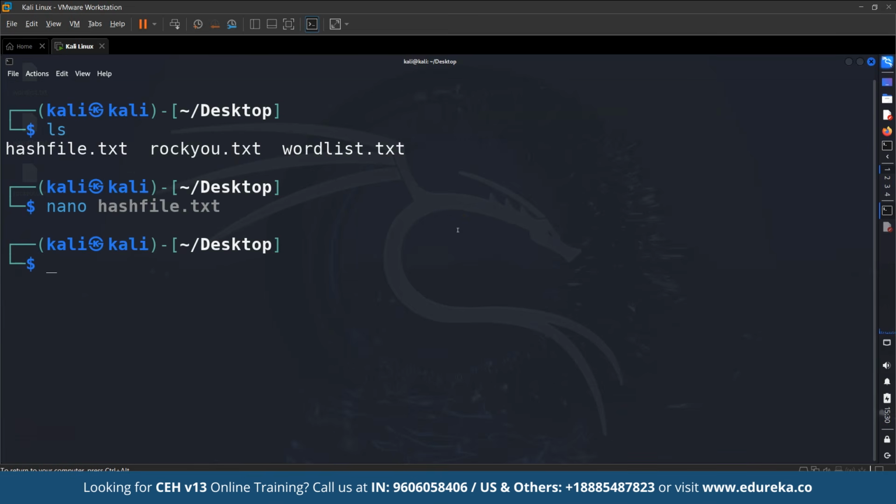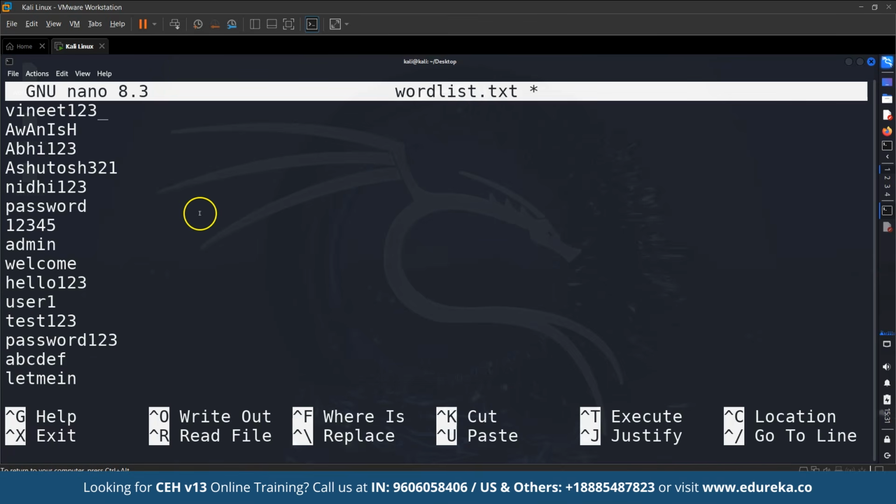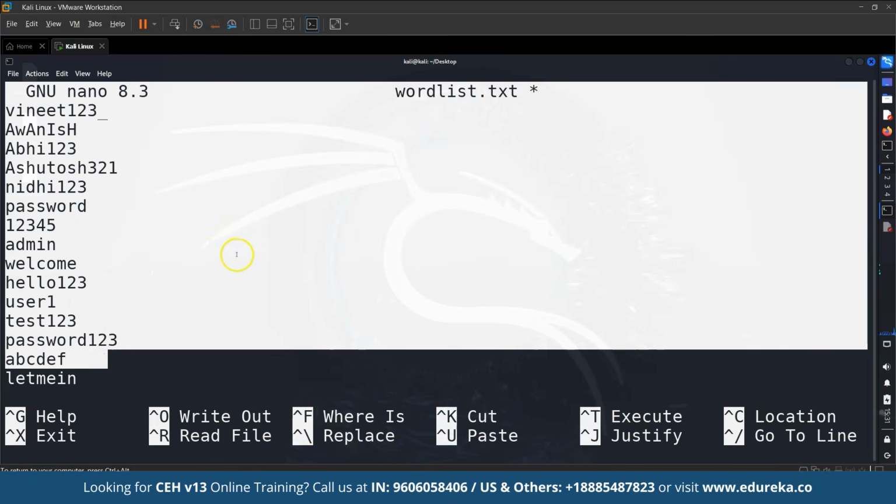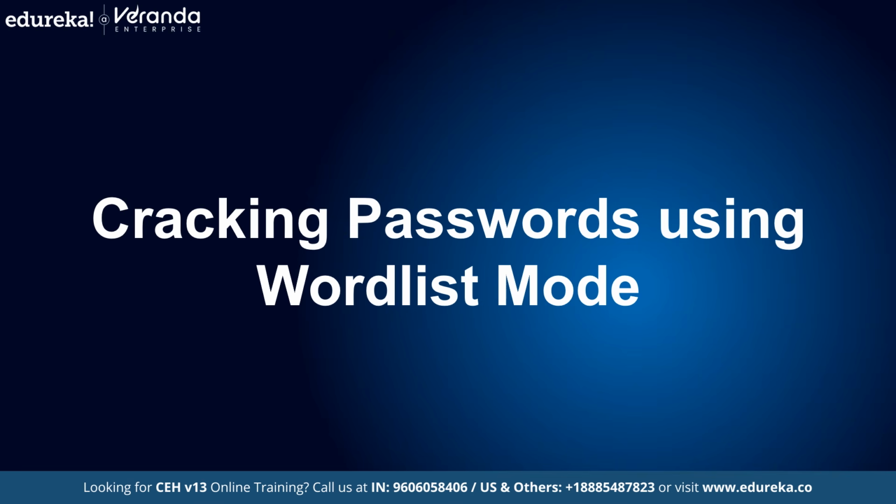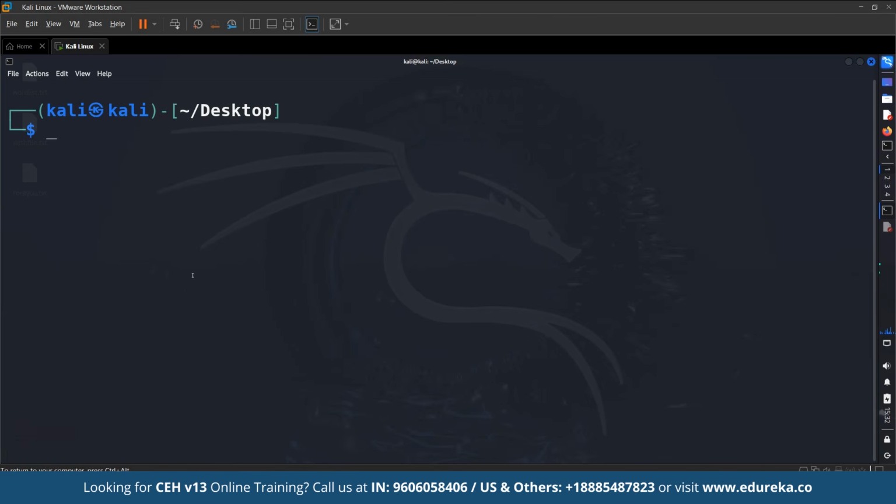And now let us open the wordlist.txt in our nano editor. As you can see on the screen, here we have added some random passwords. Now we will use wordlist mode to crack these passwords. So let us type the command john --wordlist=wordlist.txt